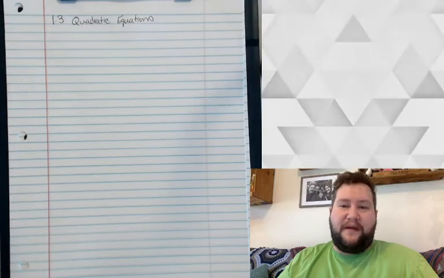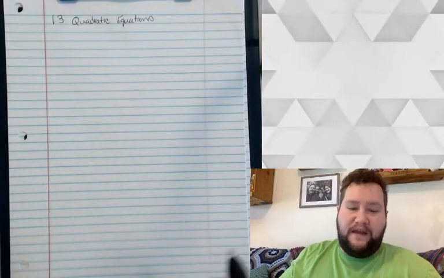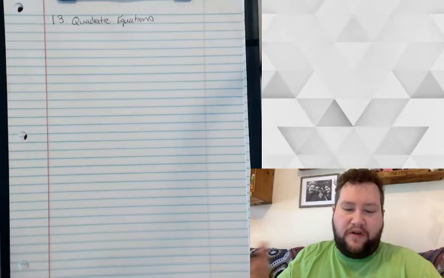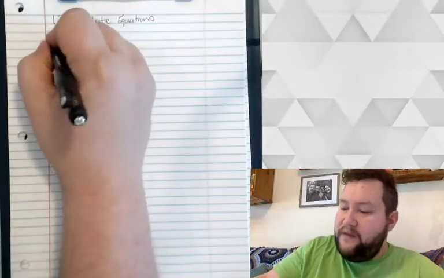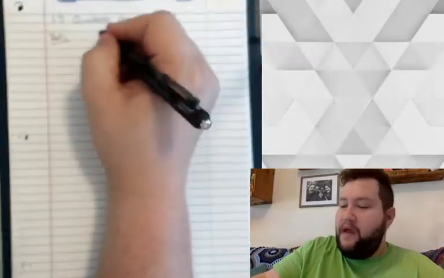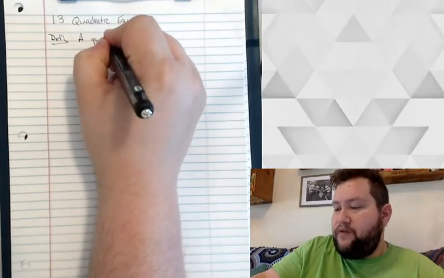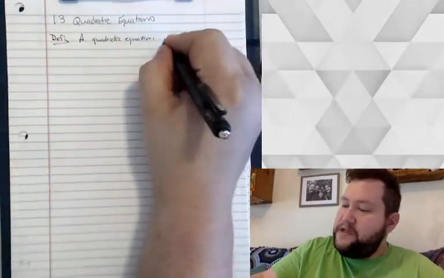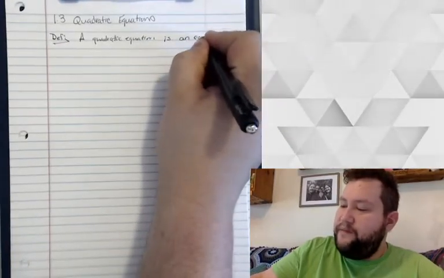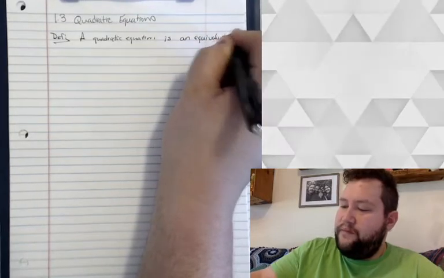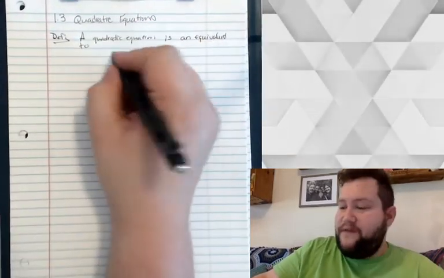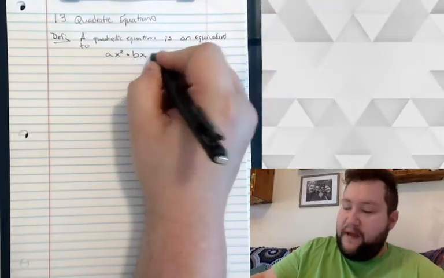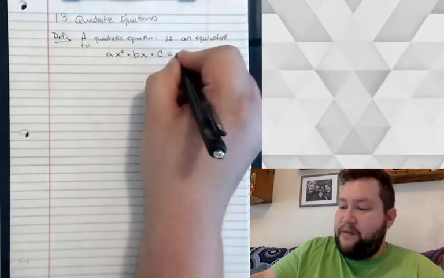In this video, what we're going to talk about is solving quadratic equations. I'm sure at some point you've heard the term quadratic equation or quadratic formula. To give you a working definition to start, a quadratic equation is an equation that's equivalent to something of this form: some number times x squared plus some number times x plus some constant, all being equal